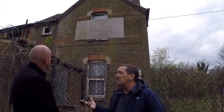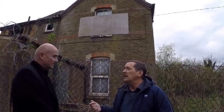Mr. Buchanan was the first farmer here, and he was paid 25 shillings a week plus the use of this two-bedroom house to harvest 42 acres to supply vegetables and fruit to the hospital. He also worked with about 64 patients, so they would help him harvest all this and everything. So this was his very first house, and then as we move on down the pathway, we'll start to get